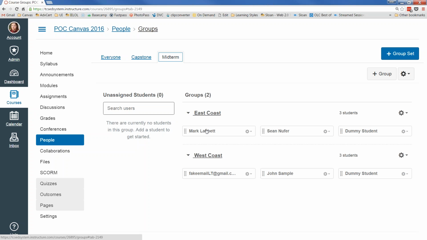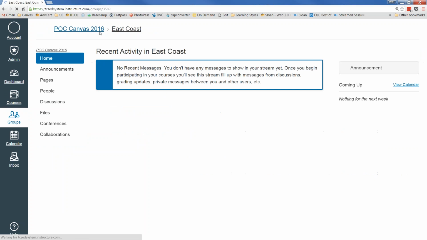So each group has a group page. You can see this option, Visit Group Homepage. Each of these groups, the icon on the right, says I can visit those group homepages. So this is Group East Coast for the midterm: Mark, Sean, and a dummy student. I'm going to visit their page. This looks a lot like Canvas, but this isn't the Canvas course. This isn't POC 2016. This is the POC 2016 East Coast group page, where they have